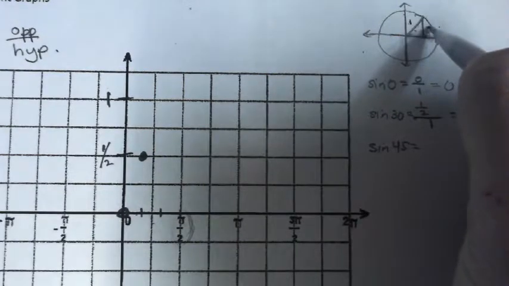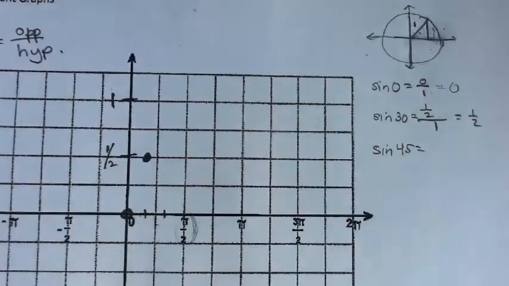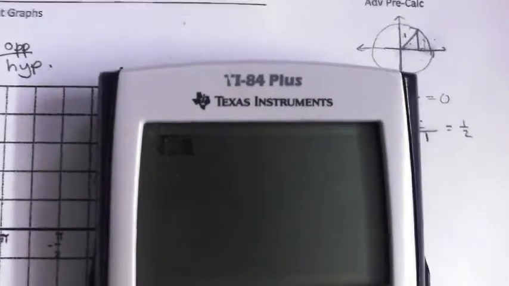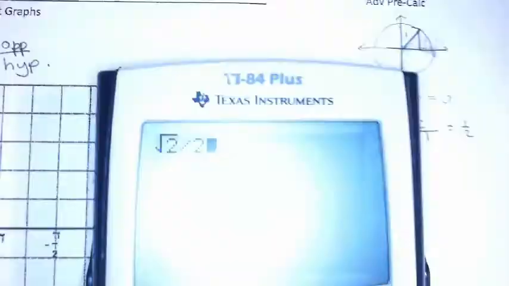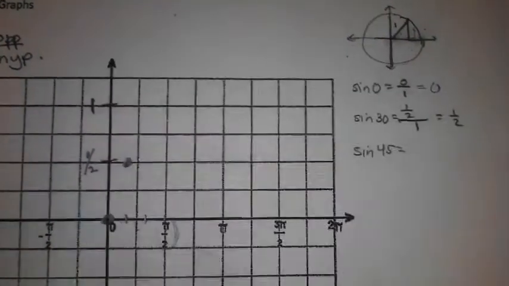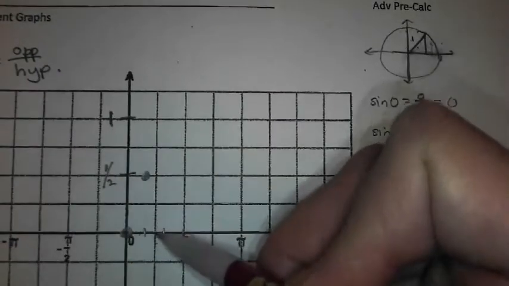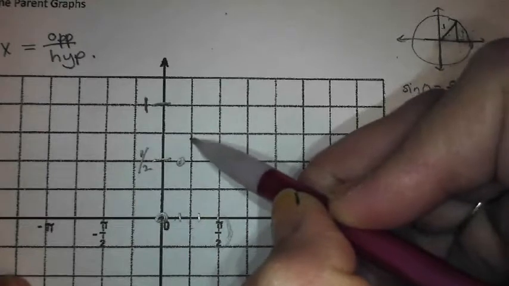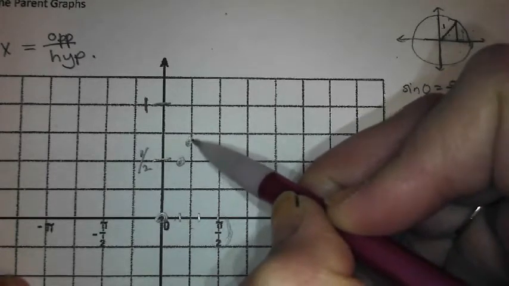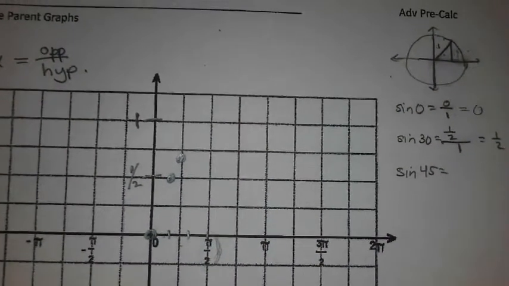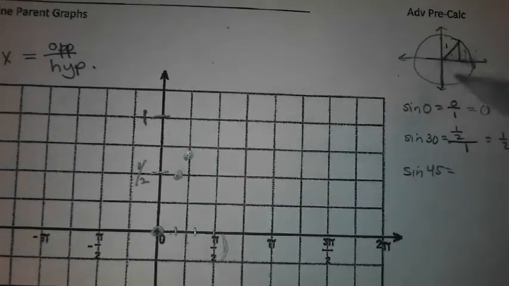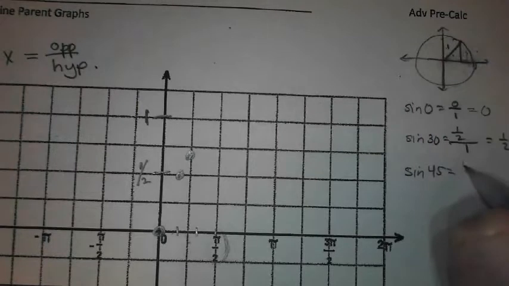Root 2 over 2 is approximately 0.7. Let's see. Root 2 over 2. 0.7-ish. So when I'm graphing this pi over 4 point, 0.7-ish, that's 0.75, so 0.7-ish would be approximately there. What's that, Josh? Okay. And then when we go to pi over 3,